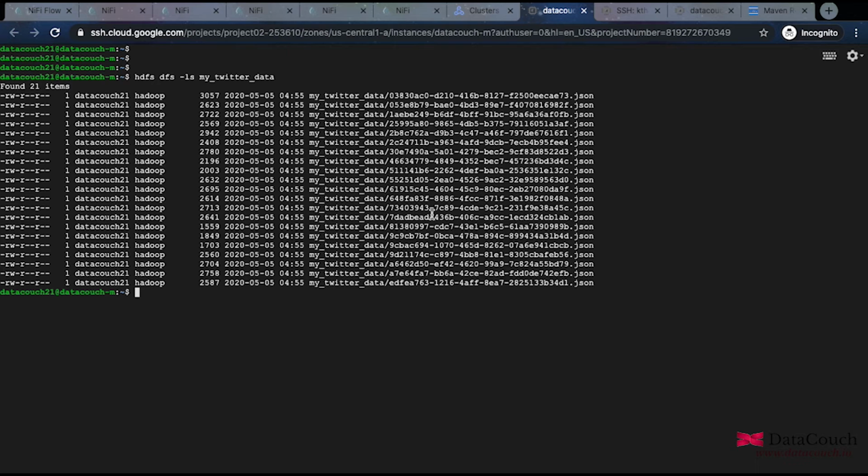It has an extension like .json, but don't get confused. Actually, it is a Parquet file. How? I will just show you. So I'm going to the Hive shell right now, and in the Hive shell I will be making use of a particular command to create a table, and then I will be creating the table on this directory, and I'll be firing a query, and it will be able to retrieve data from this.